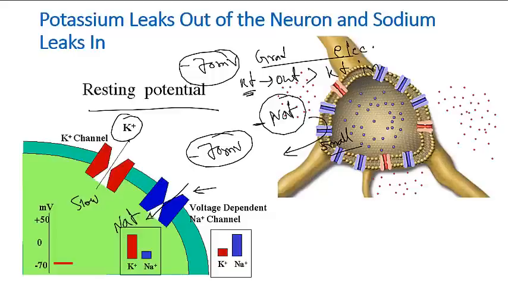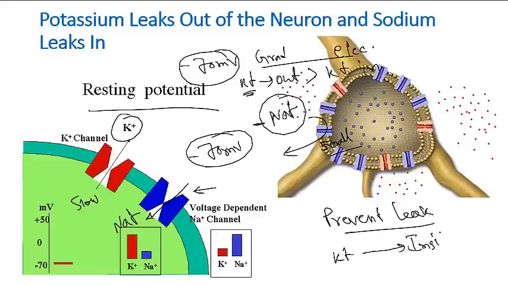So the captain can keep her boat afloat by simply bailing water out as fast as the water enters. Neurons can prevent the potassium and sodium gradients from running down by transporting potassium back into the cell and sodium back out of the cell. So remember these things. To prevent this leakage of ions, the cell needs to transport potassium inside the cell and sodium